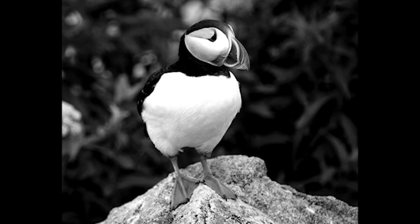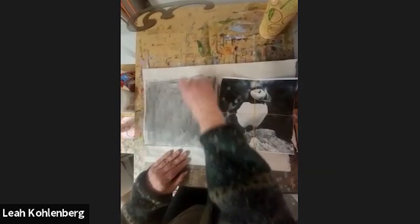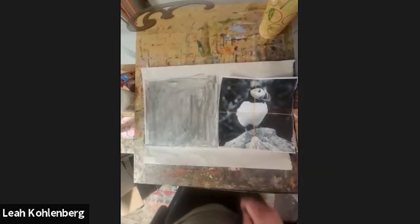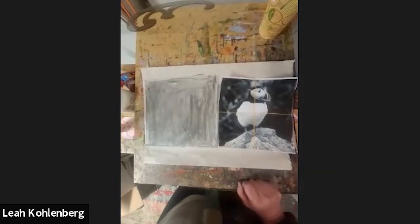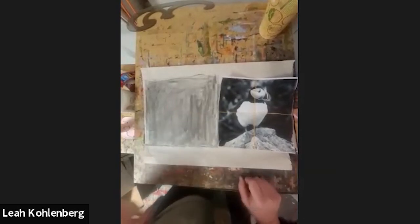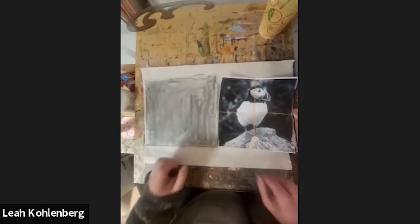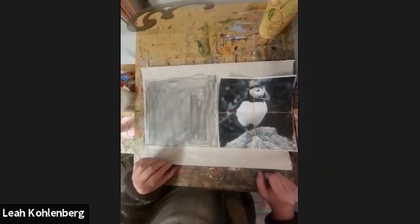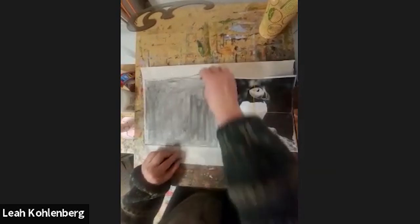Right, so today we were gonna do a lion in charcoal, but I couldn't get it to print out. It's a beautiful photo, but I think it was actually too high res for my printer to take. I kept resizing it down, but the printer didn't want to print it. So this is what I could get to print out, and this is what we're going to be doing today, but I'll try and get the lion out for our